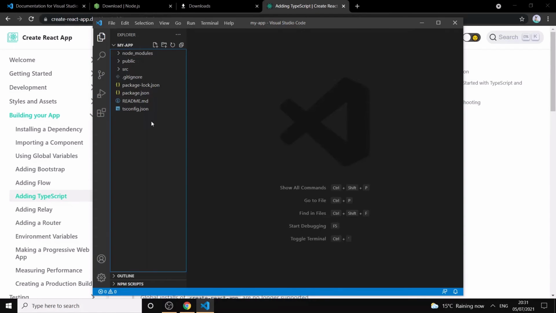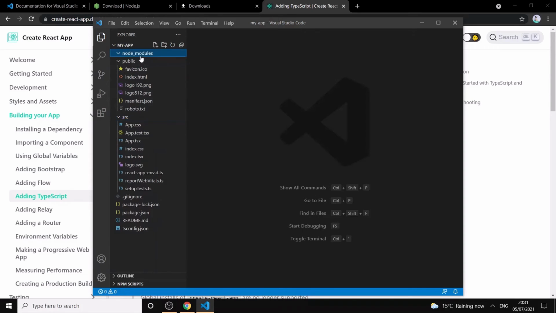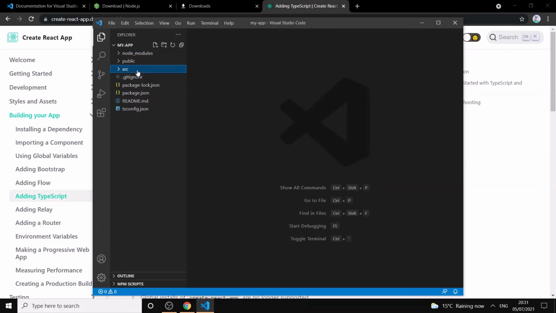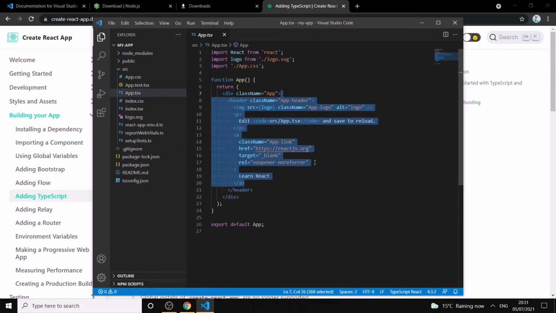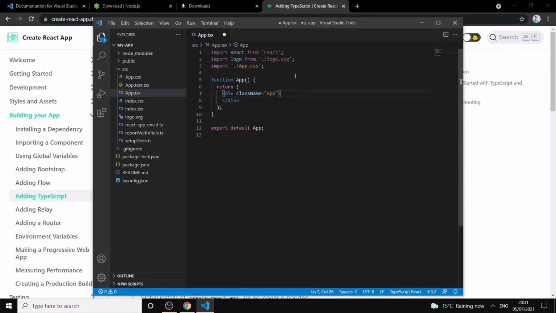Now on the left side, we can see all of the files in that project, and in these guys here are more files, so these are folders. The only file that we do care about right now is App.tsx, which is under src. So here we see a bunch of stuff that we probably don't understand right now, and what we want to do is get rid of all of this stuff, all of the header stuff, and then get rid of the logo line. We keep these two in,